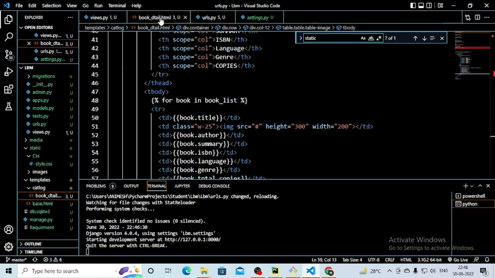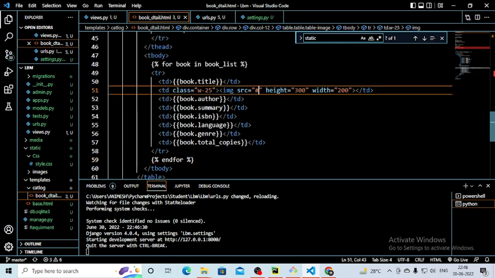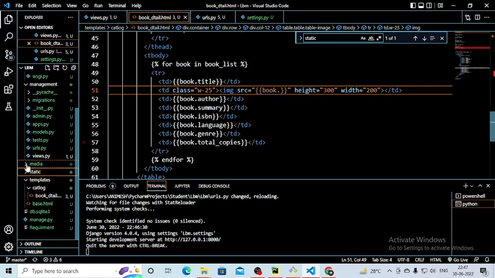Now go to the book detail. Now what you have to do here is give the path of this, right? So first make it this way, then mention what the path of the book is. So book, because the book dot pic, so these images, not this image. In the media we have book images, right? In the media we have book images, and here we have to